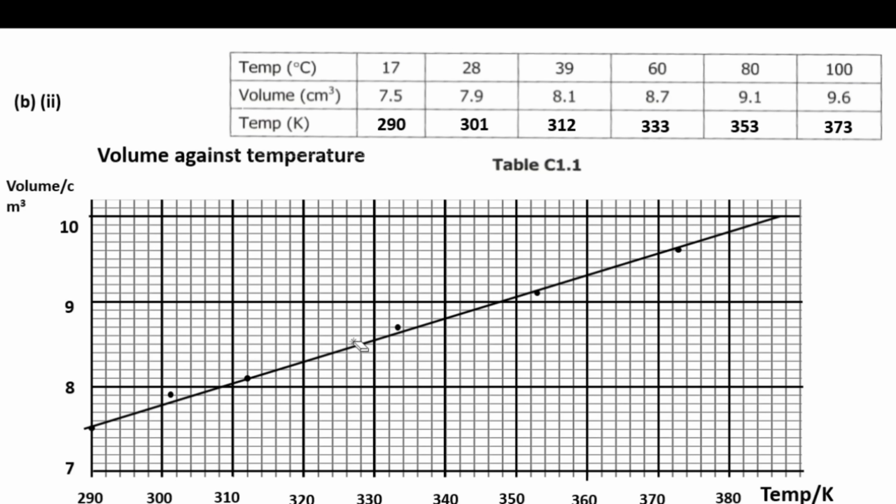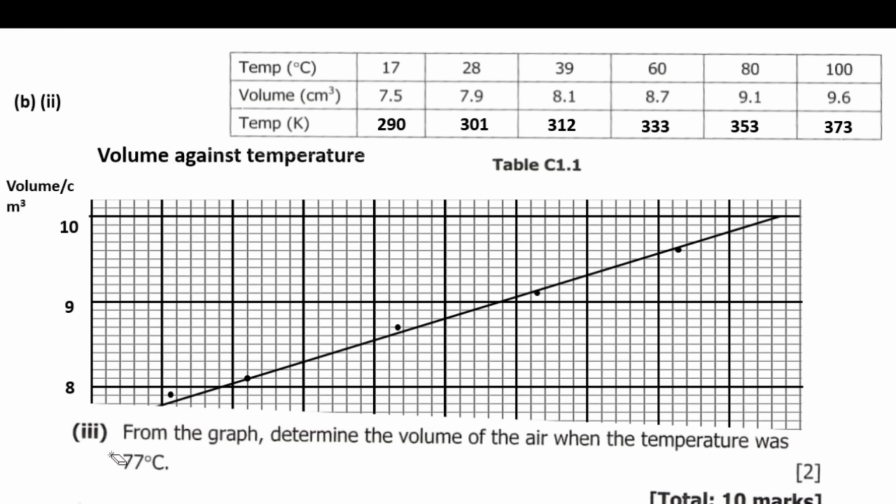Because of experimental errors, the points could not come out properly as they were supposed to. So in this case, you just draw a best fit line. Since volume is directly proportional to temperature according to Charles' law, it's supposed to give us a straight line. All right. Then question C says, from the graph, determine the volume of the air when the temperature was